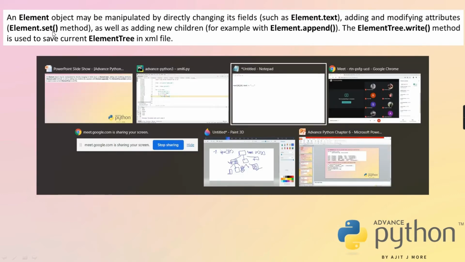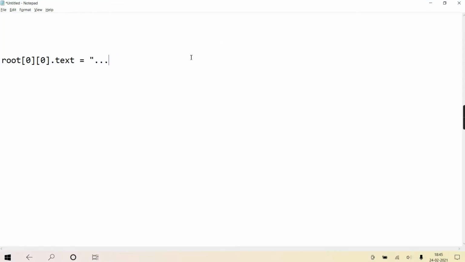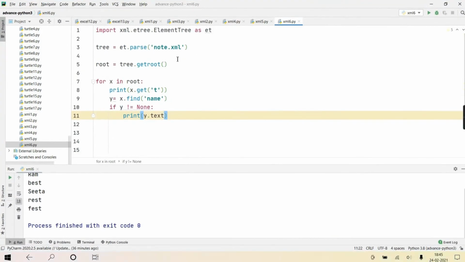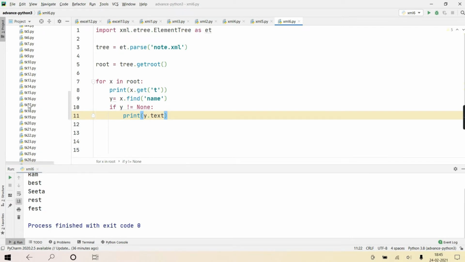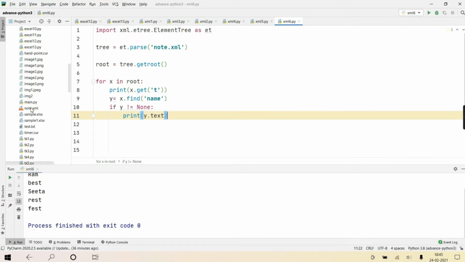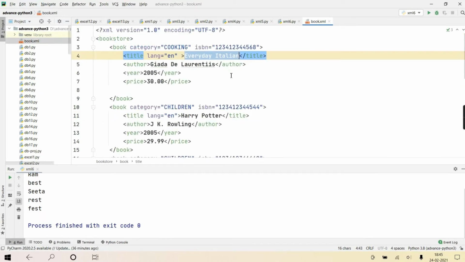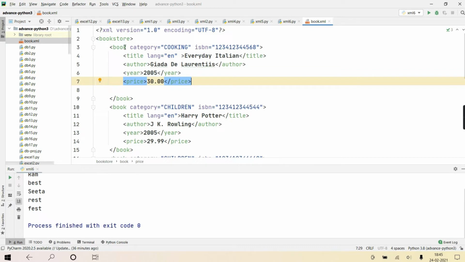Getting it? See, for example, here if I write root of 0 dot set. Now root of 0 means it is representing whom? A book we have closed. See, root of 0 represents this book. Do you agree, guys? Root means bookstore and root of 0 means this first book.